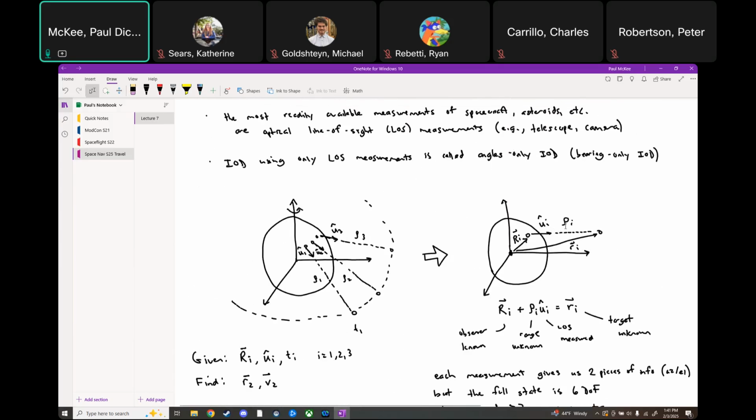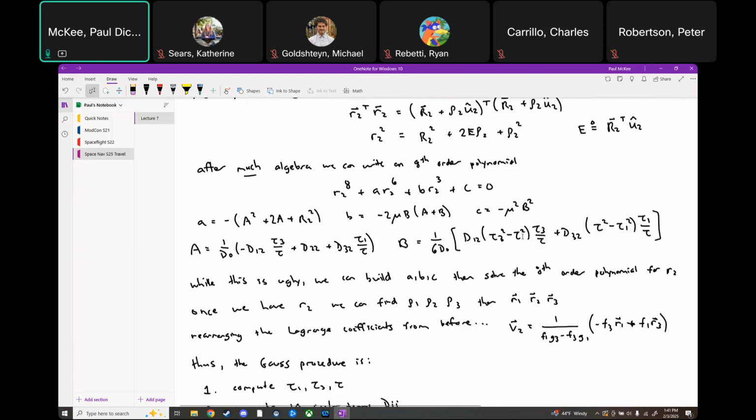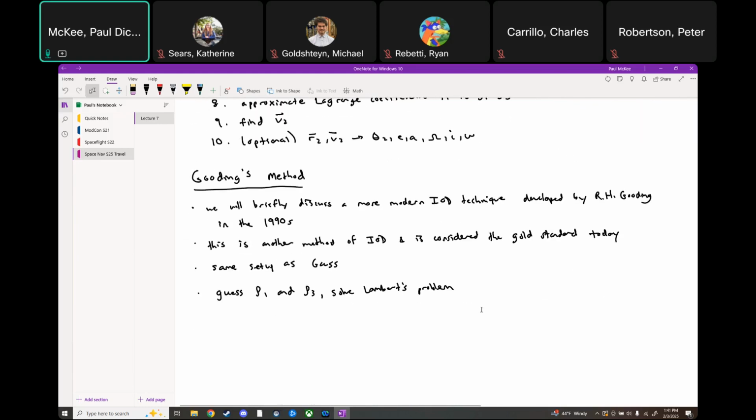If you know rho, then observer position plus line of sight direction scaled by rho gives you your position. So by guessing rho 1 and rho 3, you're really guessing your first position and your third position. And if you have a first position and a third position and a time between them, that sounds an awful lot like Lambert's problem. So we guess rho 1, we guess rho 3, we solve Lambert's problem,